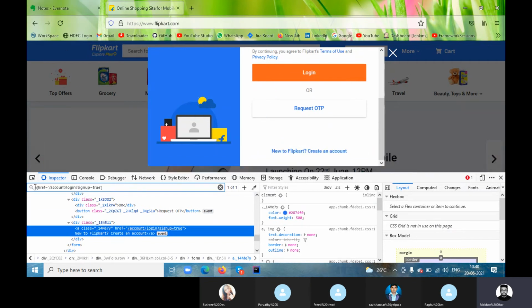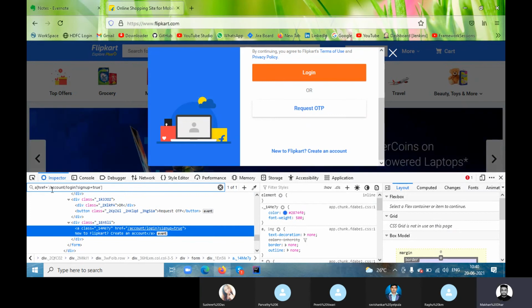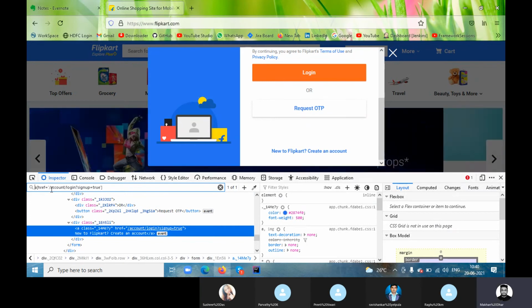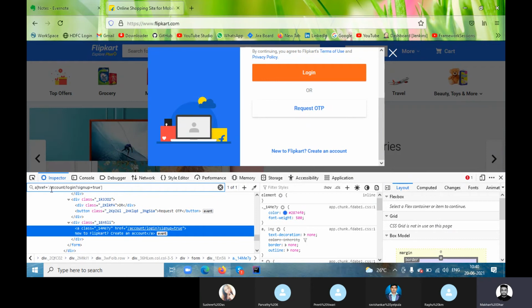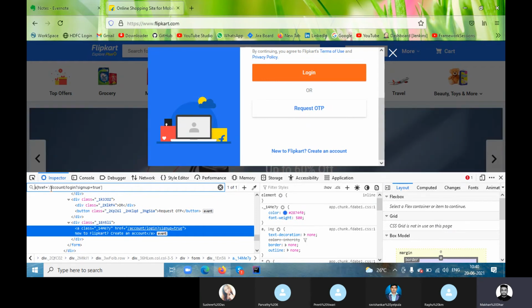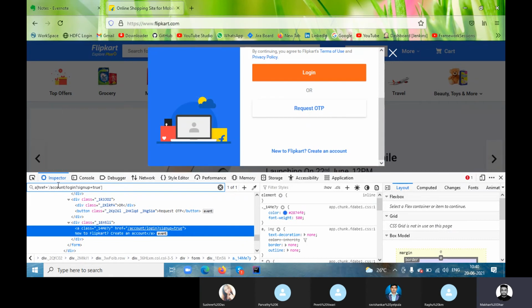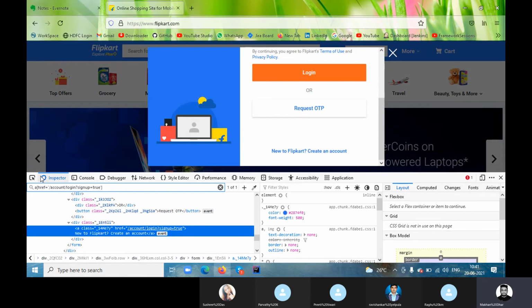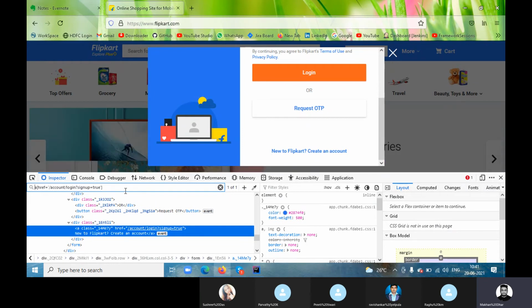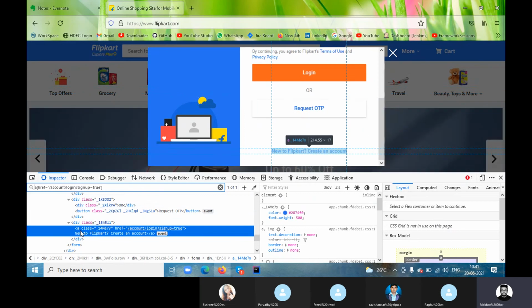So what you will do, you will not use double slash, because you are not creating XPath. For creating XPath, you will always go with a double slash. The syntax of creating XPath is double slash, and the syntax of CSS selector is the tag name.